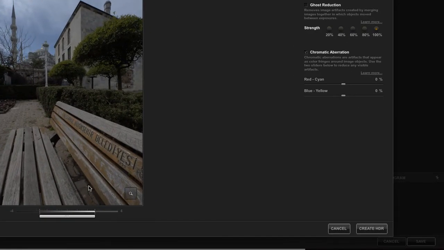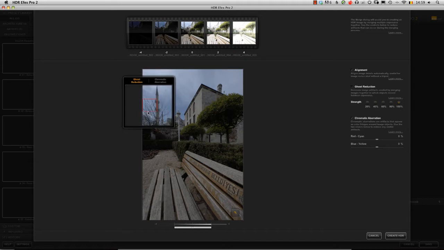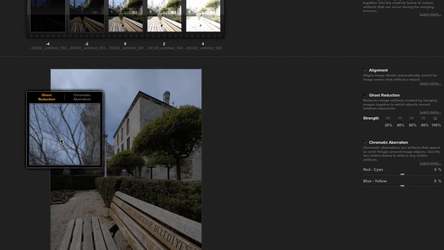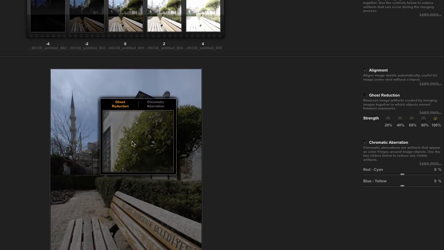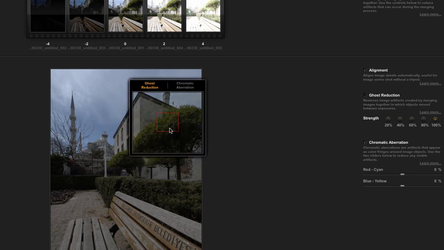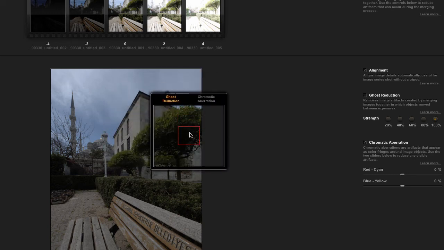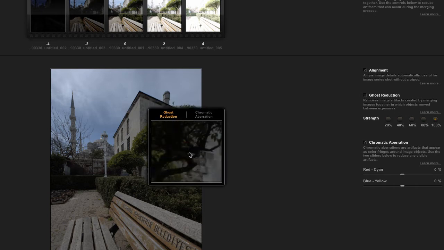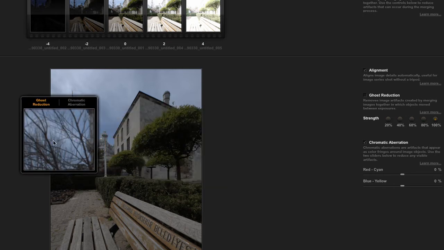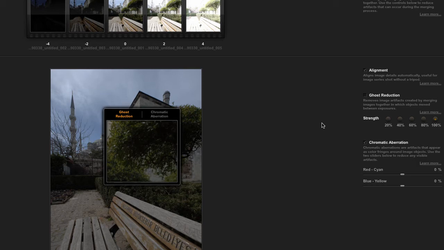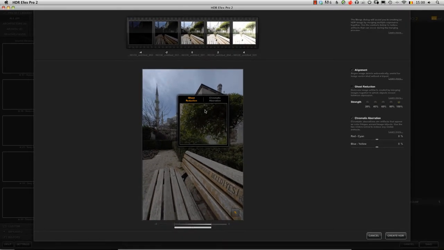So in this case, it's very handy to use the new loupe function over here and to actually have a look if it's necessary to perform ghost reduction. In this case, typical areas that might need ghost reduction are trees and leaves of trees that might have moved a little bit across the different exposures. So I don't really see a need for ghost reduction, so I won't apply it. This lets me set up everything as a starting point, and once I'm happy with this initial pre-processing,